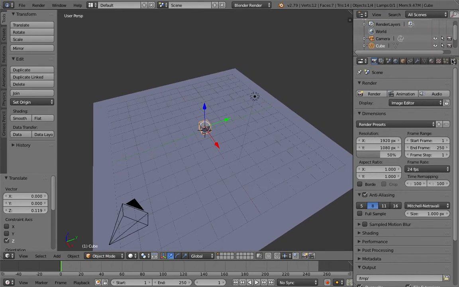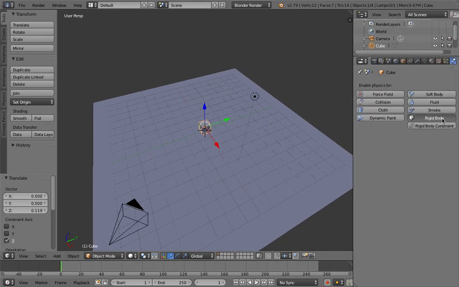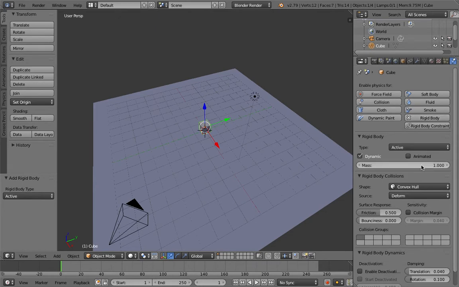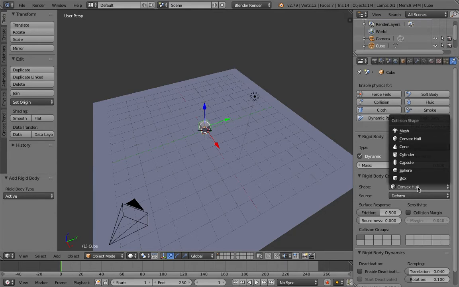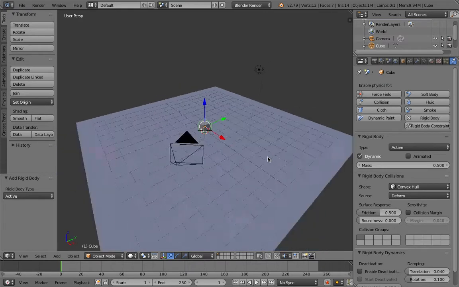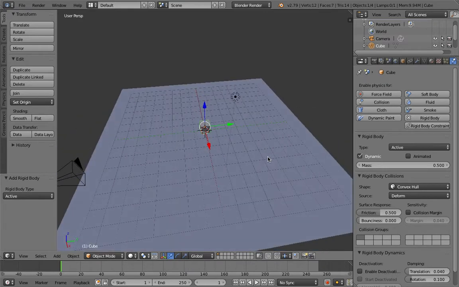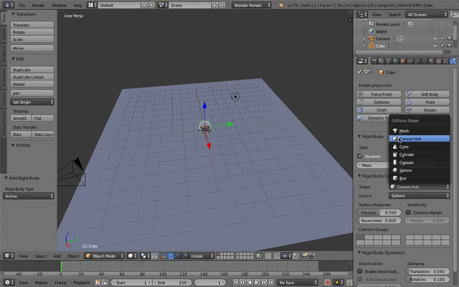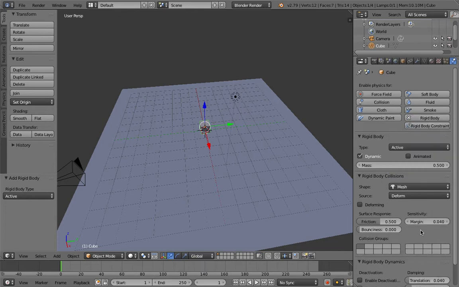So now what we want to do is widen this tab until we can get the physics, rigid body, and 0.5. You want to make sure it is the convex hull because it's a cube, and we want to actually do mesh. So now you've done this,